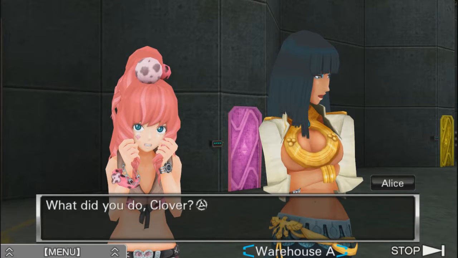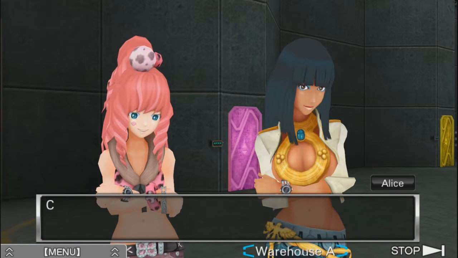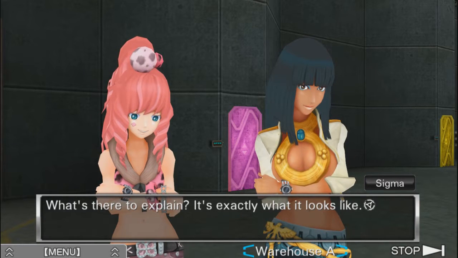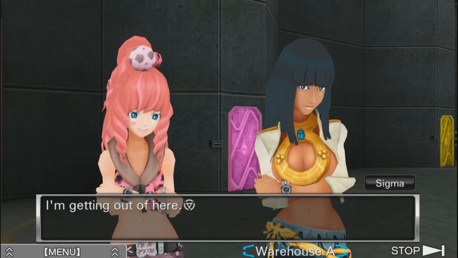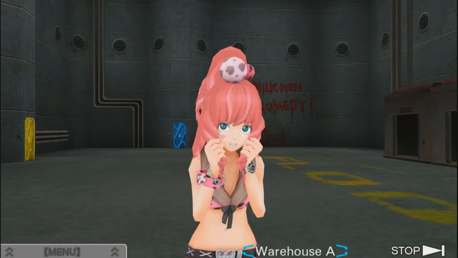What did you do, Clover? Sorry, it wasn't me. Sigma, huh? Yeah. Care to explain this then? What's there to explain? It is exactly what it looks like. I'm getting out of here. What? Are you going with him, Clover? I...